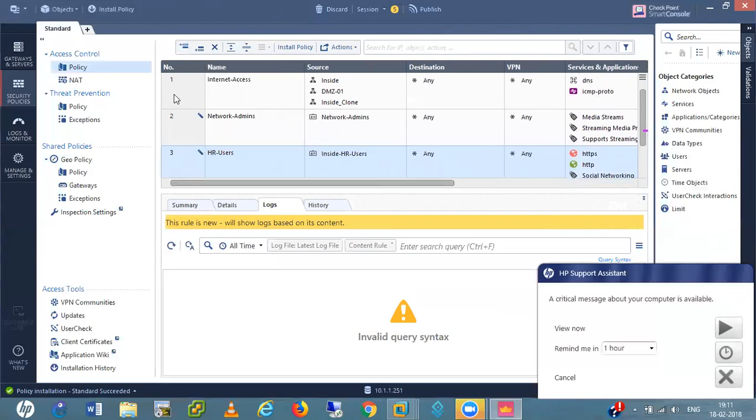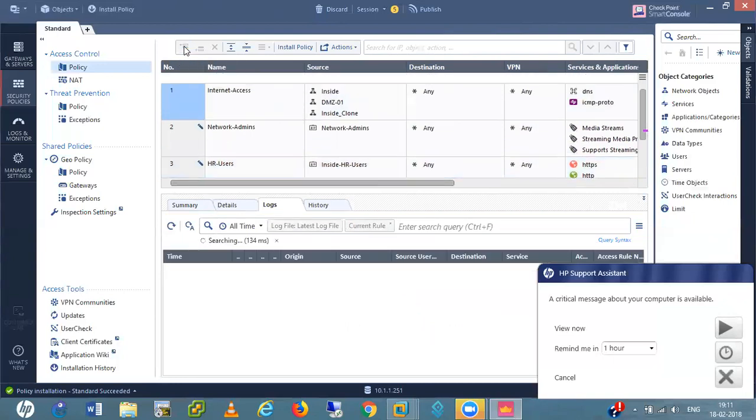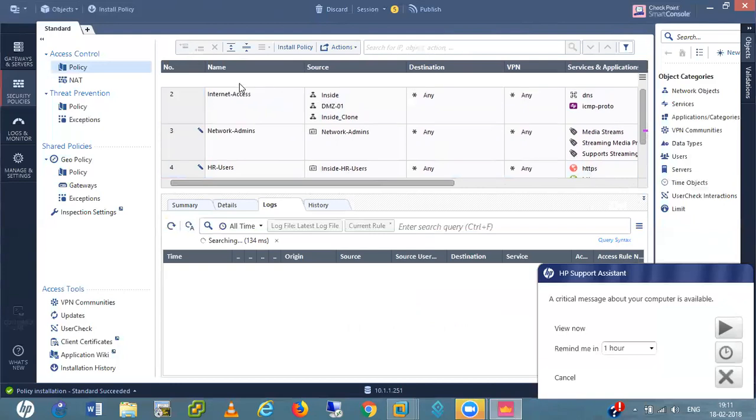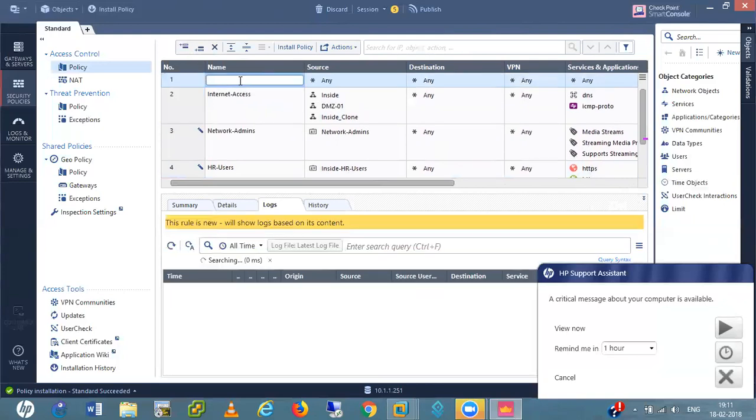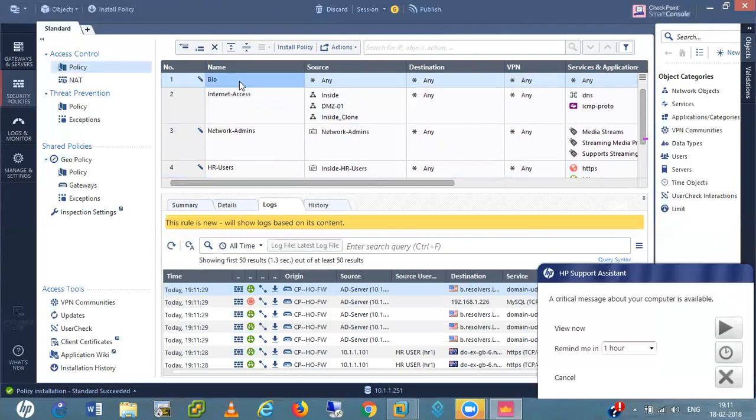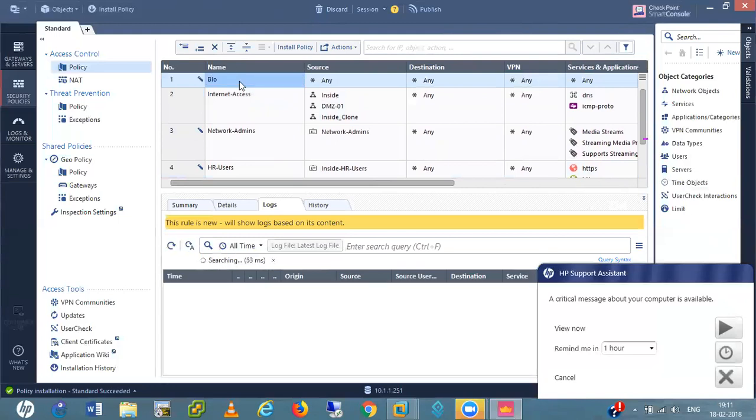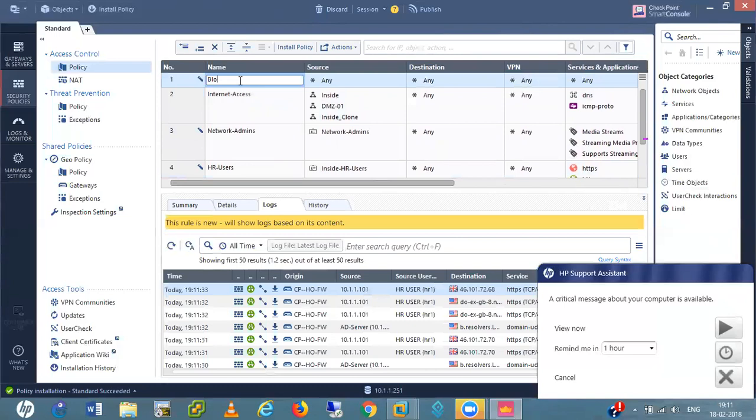And I also write one more policy above this rule. Block porn and illegal.